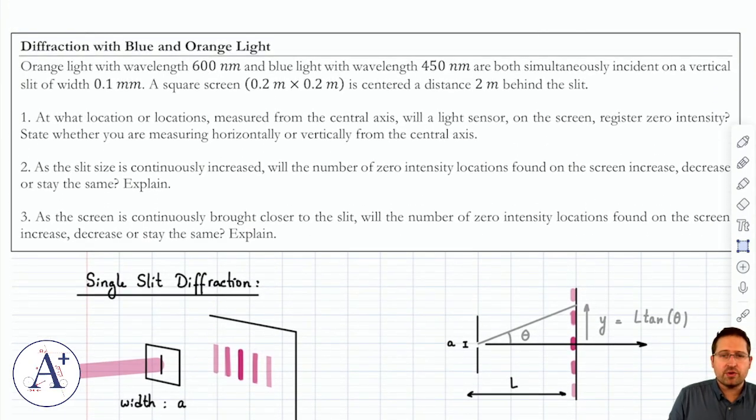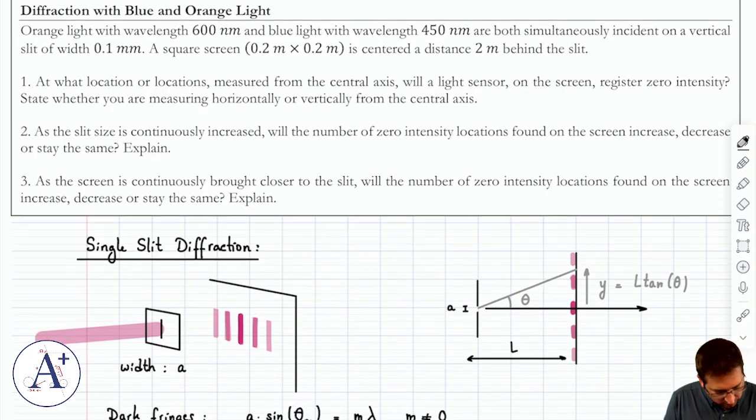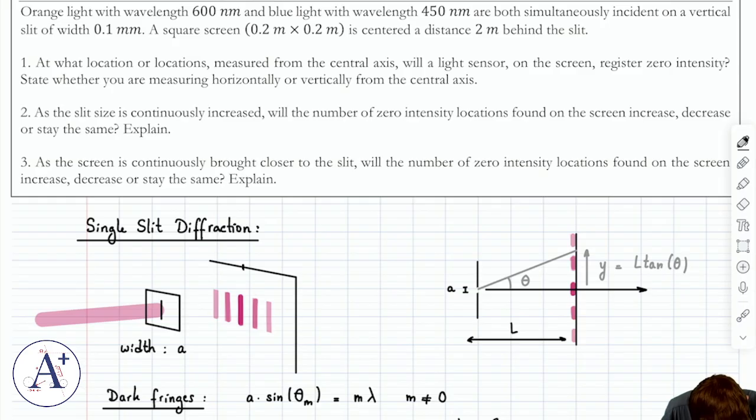All right. Now I'm told that orange light with wavelength of 600 nanometers and blue light with wavelength of 450 nanometers are simultaneously incident on a vertical slit of width 0.1 millimeter, and a square screen of 0.2 meter by 0.2 meters is centered a distance 2 meters behind the slit. So this is the middle of the screen, so this is half of 0.2, which is 0.1, and we want to figure out at what location or locations measured from the central axis will the light